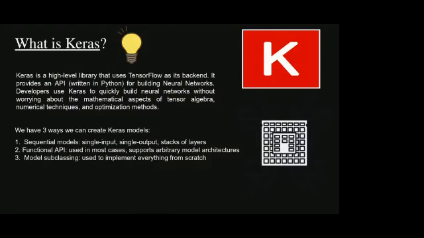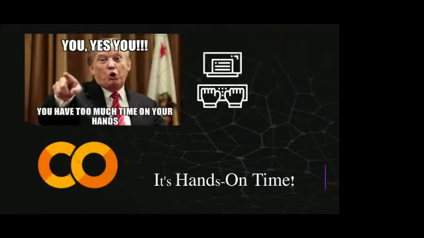The last thing is model subclassing. Now, if you want to implement a custom model, right? When you're doing a sequential model, for each layer you have one activation function for all the neurons. Now, what if you just stand up one day and say, I want different activations for different neurons? That is the time when you make a custom model for yourself, and that's when you will be using model subclassing. And custom training is something we won't get to in this session as well. So that's all about the prerequisites of the hands-on session. And I hand over to Shinjini for the hands-on part. Thank you.